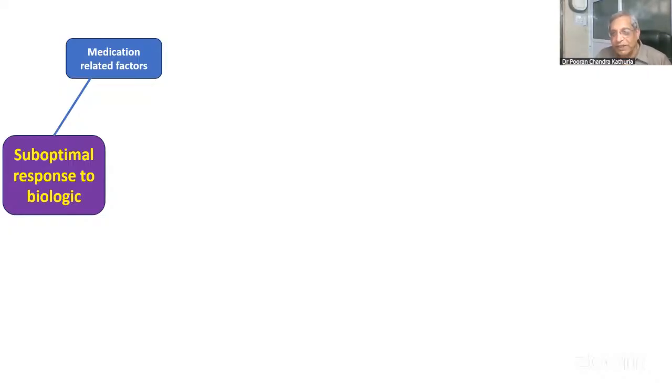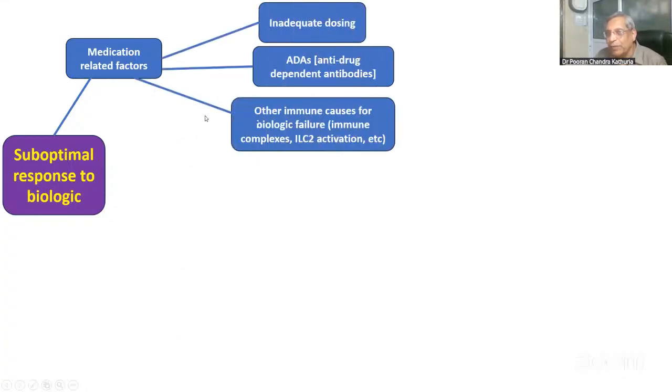Because once the patient is in a state of severe asthma or persistent asthma, remodeling is there. You can't reverse the remodeling, and some of the remodeling parameters are reversible or not reversible. So not only this, we are giving some biologic, some antibody, and in some of the patients, they produce anti-drug antibody called ADA.